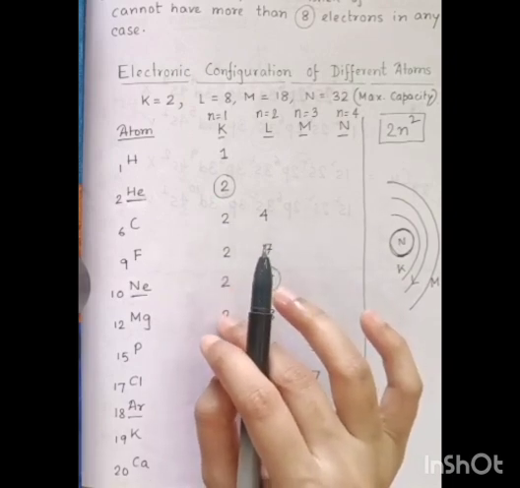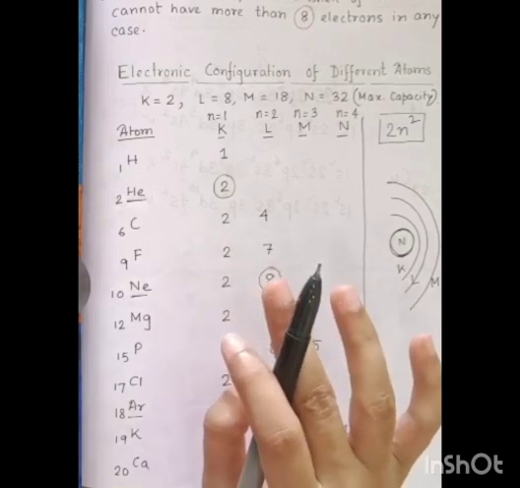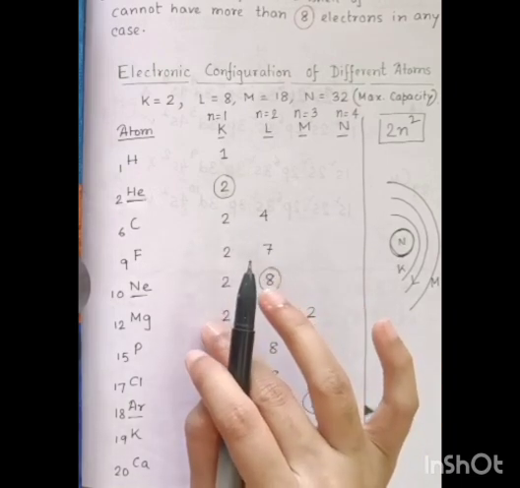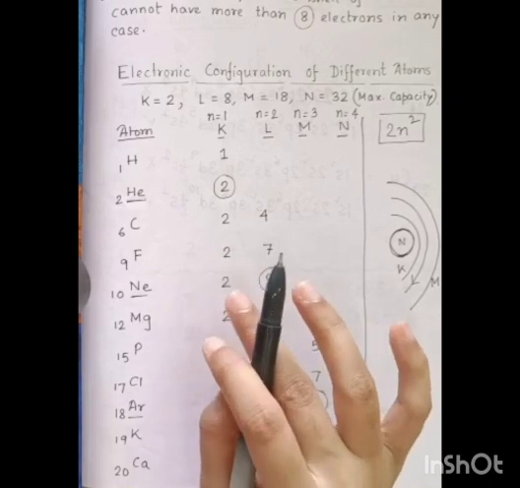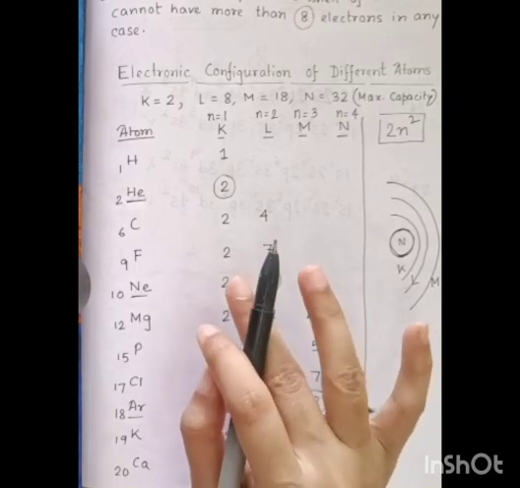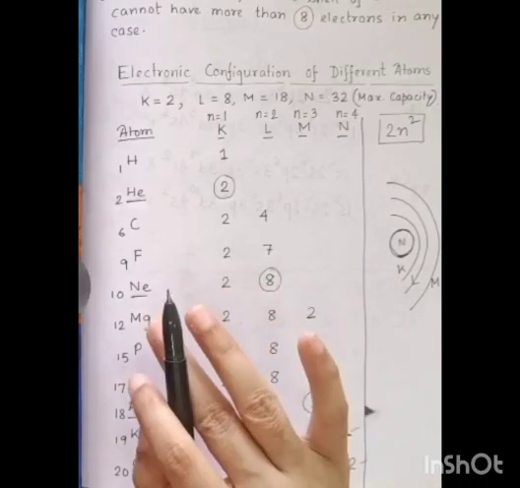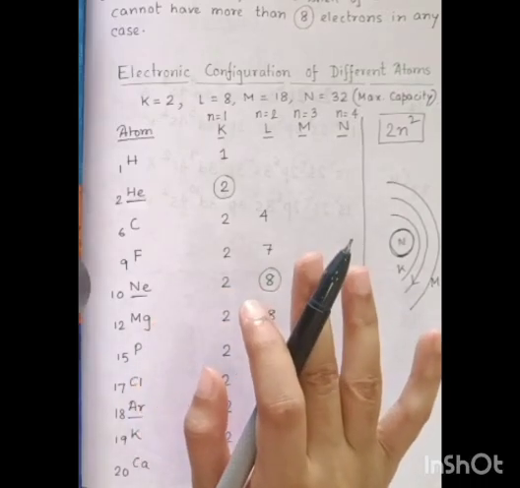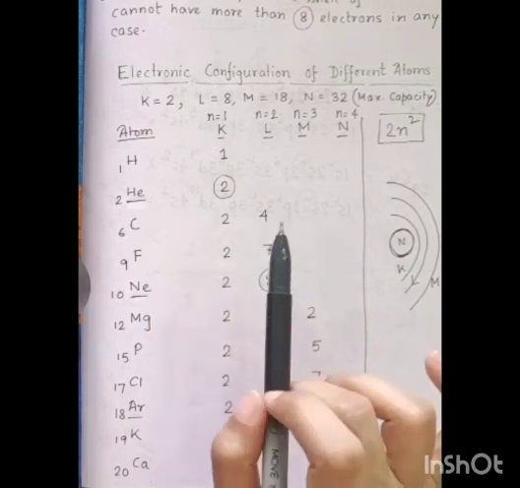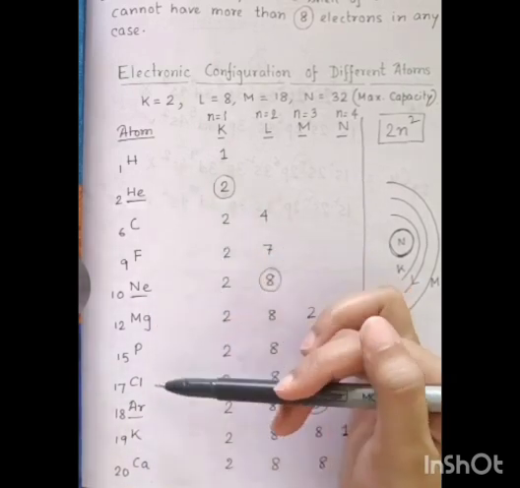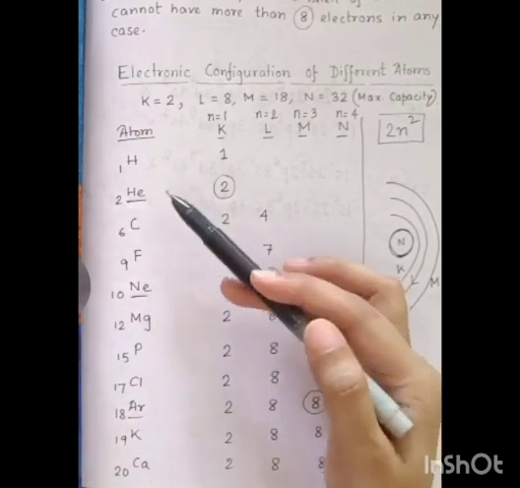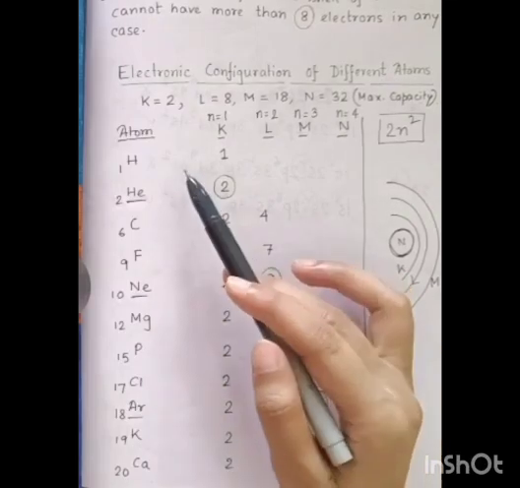Now, atomic number not only tells us about the number of protons an atom has, it also tells us about the number of electrons an atom has, because in an atom there is always an equal number of protons and electrons. Okay, so now here you can see some examples, some of the elements I have written over here